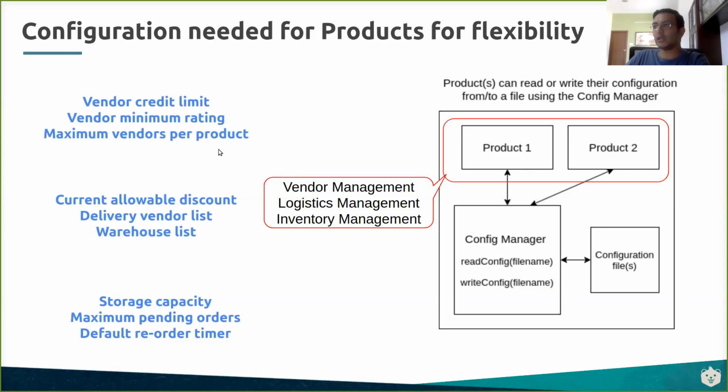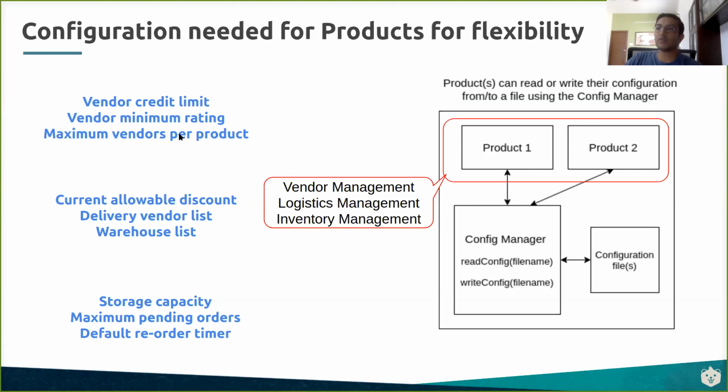The vendor management needs to have a configured value of, okay, I have so many vendors. What is the maximum credit before the vendor actually provides me with the goods, right? How much will I keep as the outstanding credit? If he is beyond that, he is not supplying goods, I will have to cancel out that vendor, right? What is the vendor's minimum rating where I have to continue using him as a vendor? If he gets to 1 star, I say, okay, I'll give him some time and then I'll remove him. So the rating here would be, say, 1 star, no longer should I support him. Or credit limit, say 10,000 rupees, right?